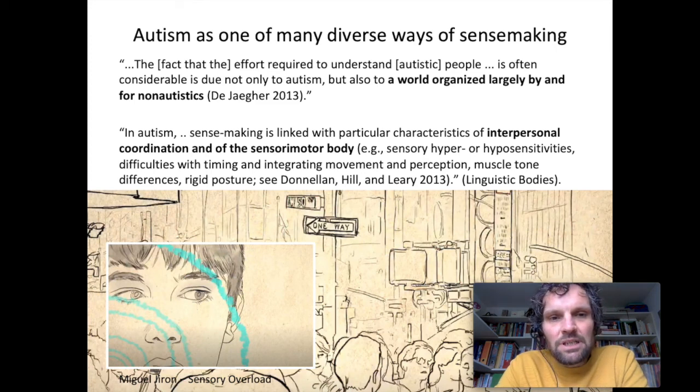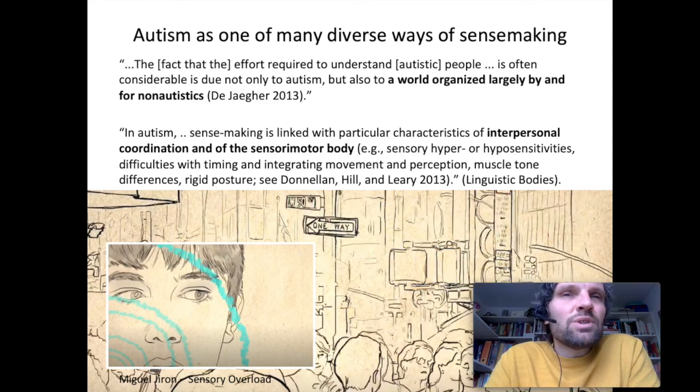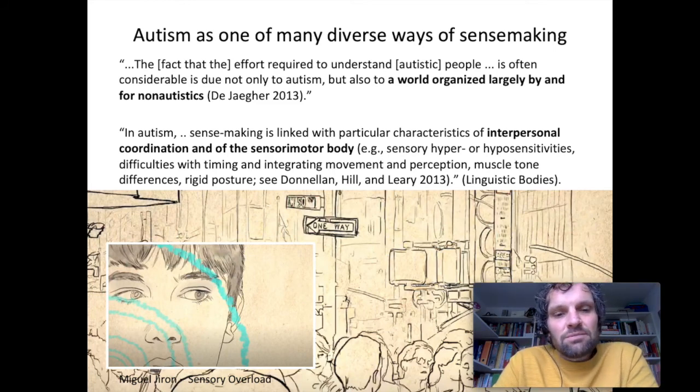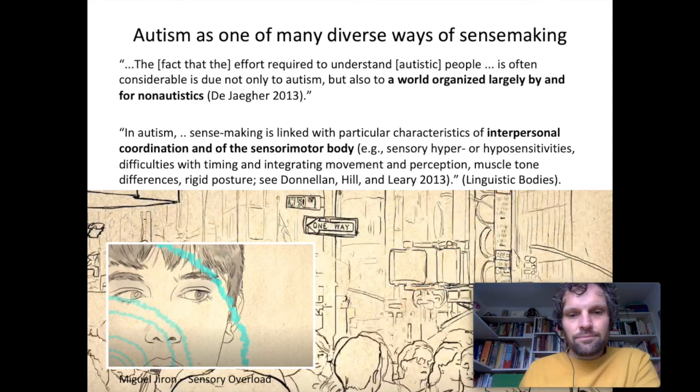And a lot of problems in autism actually come from a hypersensitivity to sounds and light. And our world just has too much of that, especially the designed world with lamps and flashes and music and noise that is all around, right? And so maybe we could design worlds that are more neutral to that, or at least more autism friendly. These pictures are from a nice movie by Miguel Giron that shows how sensory overload can work if you are autistic.